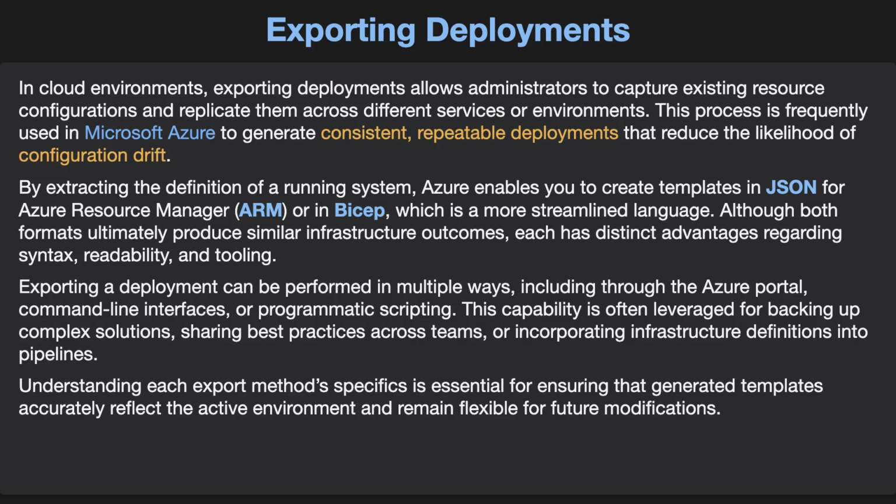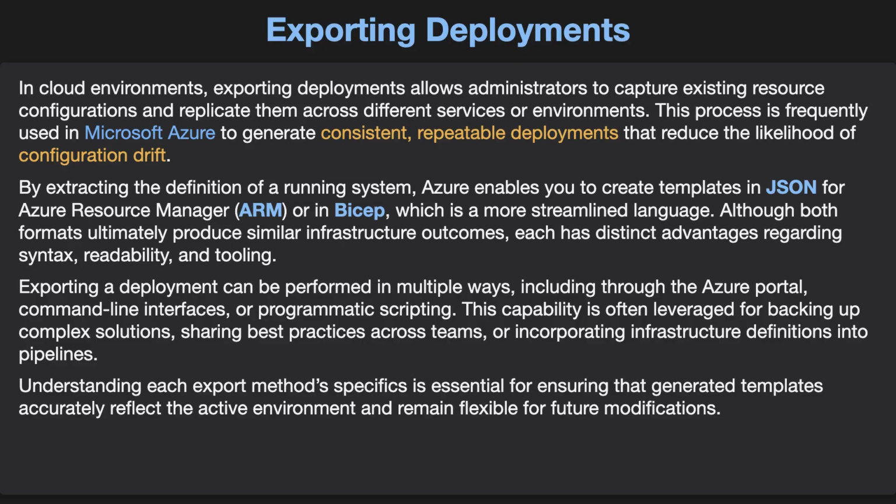Although both formats ultimately produce similar infrastructure outcomes, each has distinct advantages regarding syntax, readability, and tooling. Exporting a deployment can be performed in multiple ways, including through the Azure portal, command line interfaces, or programmatic scripting. This capability is often leveraged for backing up complex solutions, sharing best practices across teams, or incorporating infrastructure definitions into pipelines. Understanding each export method's specifics is essential for ensuring that generated templates accurately reflect the active environment and remain